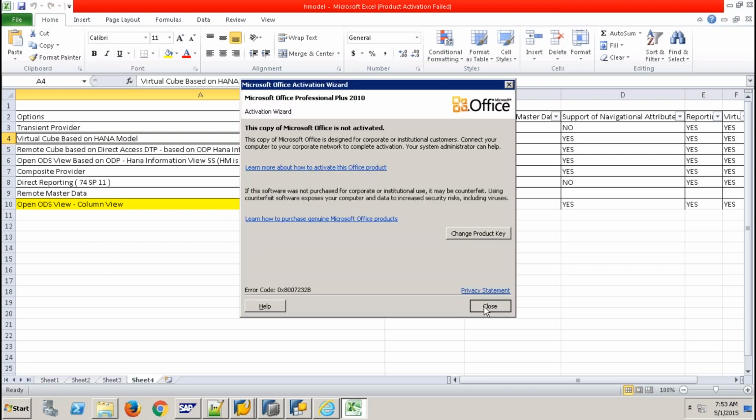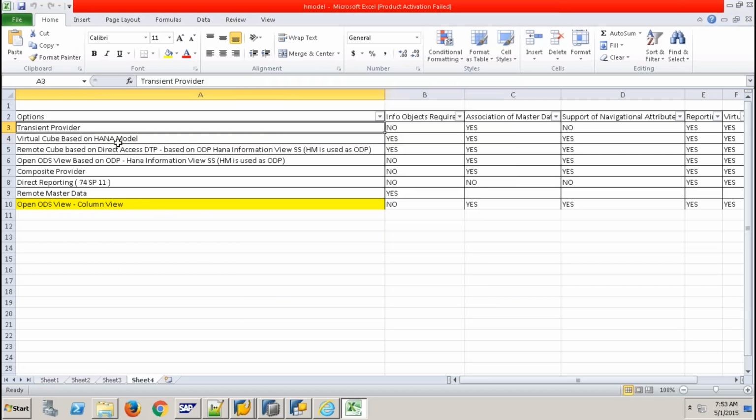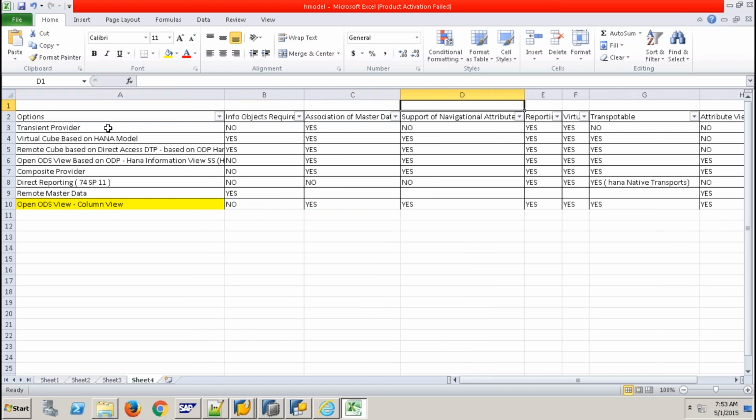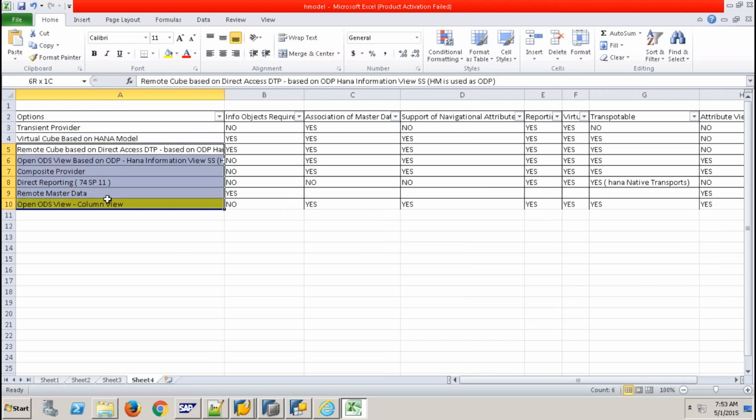See, so these are the different options you will have. There are multiple options. Then we'll compare when to go for which option and what flexibility it gives me. We'll see all this matrix. But for now, you have seen how to consume HANA models in BW by using a transient provider, and a virtual cube based on a HANA model. These two you have seen. Still, there are other options. We'll come to that later.